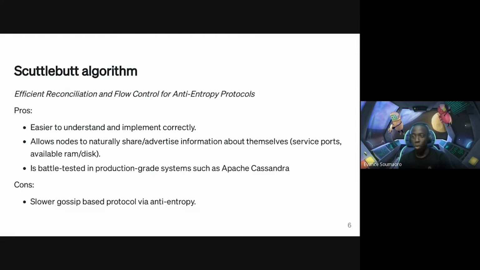It allows nodes to naturally share information like service port, available disk space or RAM, which is really nice for our use case. And also, it is an algorithm that is battle tested in production grade systems. It is actually the one Apache Cassandra uses. The con is, if you compare to the previous S.W.I.M, the way it gossips is slightly slower than how